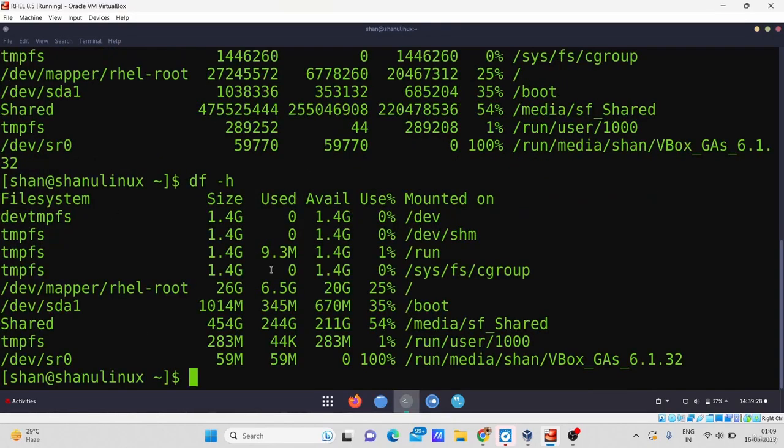So you can see the first column shows the file system. The second one shows the size in gigabytes. You can see the first devtmpfs has a size of 1.4 gigabytes. The third column shows the used space, how much is used in this file system. That is zero used, which is why it is available at 1.4 gigabytes. The use in percentage is also 0%, and it has been mounted to the /dev